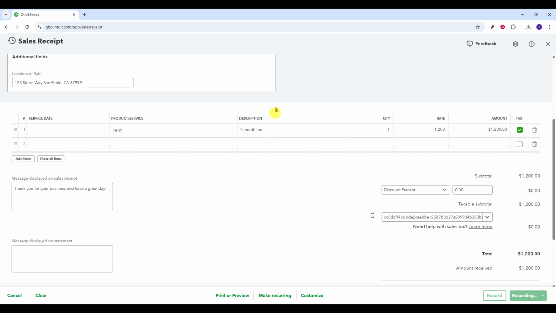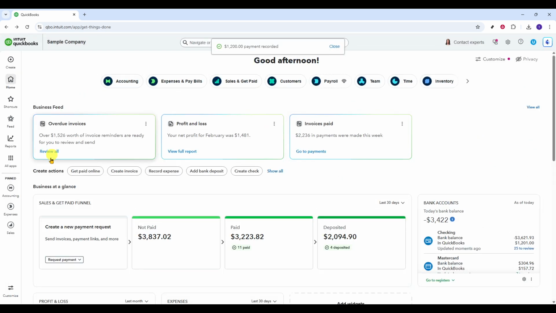That's all it takes. You've captured a rent payment in a way that's fast, consistent, and easy to report on. Going forward, repeat this same flow each time you receive rent. Using a single rent service for all units paired with the correct customer keeps your rental income organized and your